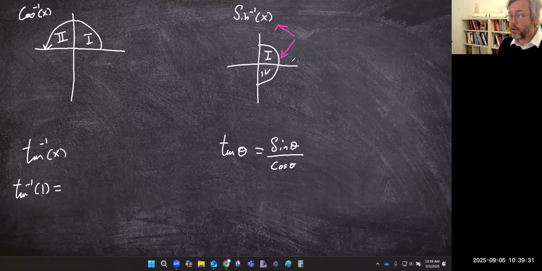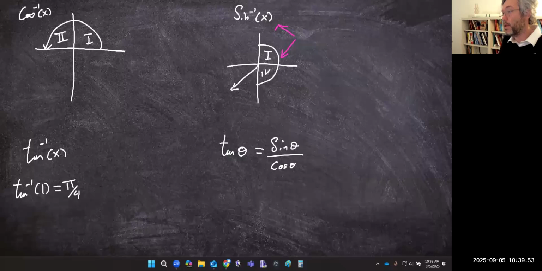Okay, so I think that this would be pi over 4, even though there's a spot where it also equals 1 over here. But it's not going to tell you that, right? So that I think is really confusing, and I don't know how well the videos talk about it. I mean, the book probably does a good job, but it's fewer and fewer people